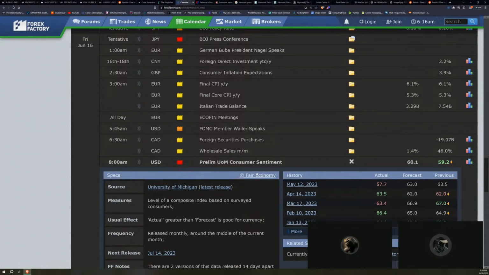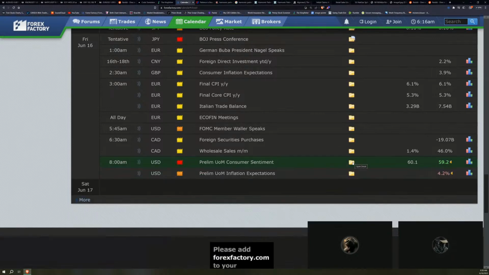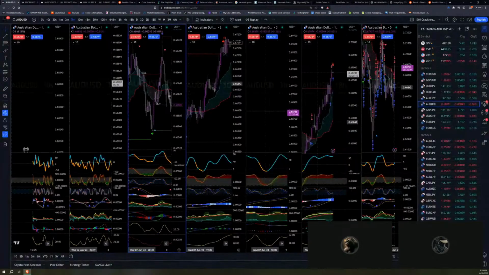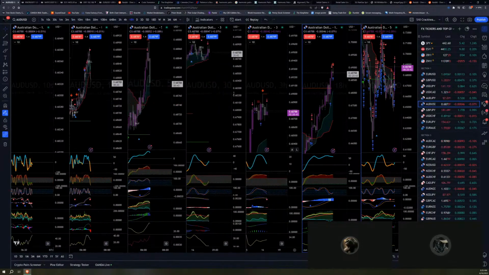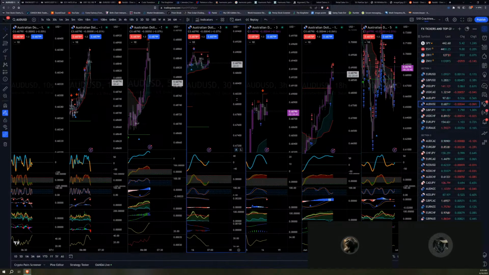However that comes out will have some level of effect on the market. But I think that the violent nature with which the market reacted to FOMC and unemployment, CPI, all that, I think the market is kind of spent, if you will. A lot of the traders have blown their load. I know overnight it was super quiet. A lot of the trading pairs weren't doing much overnight, and that was to be expected.